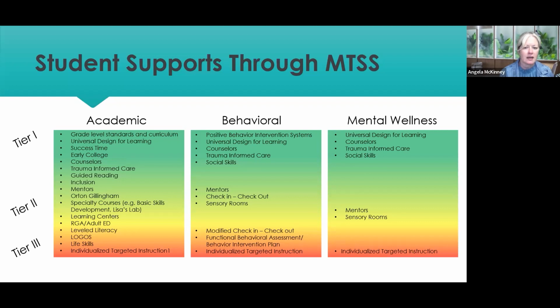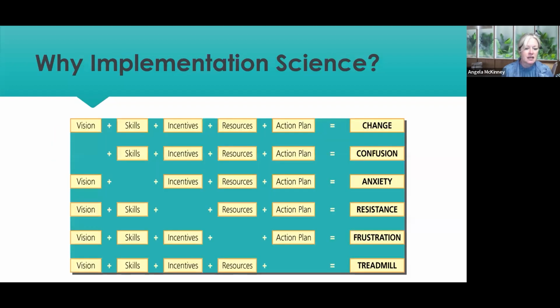We have done quite a bit of self-study and professional development in-house here related to implementation science. And implementation science is a pretty dry subject, quite honestly. But it's really important, because we have so many things that we do in education that if we don't do it well, it's not going to result in a permanent change. It's going to be something we work really hard on and then feel sad because it didn't go anywhere.